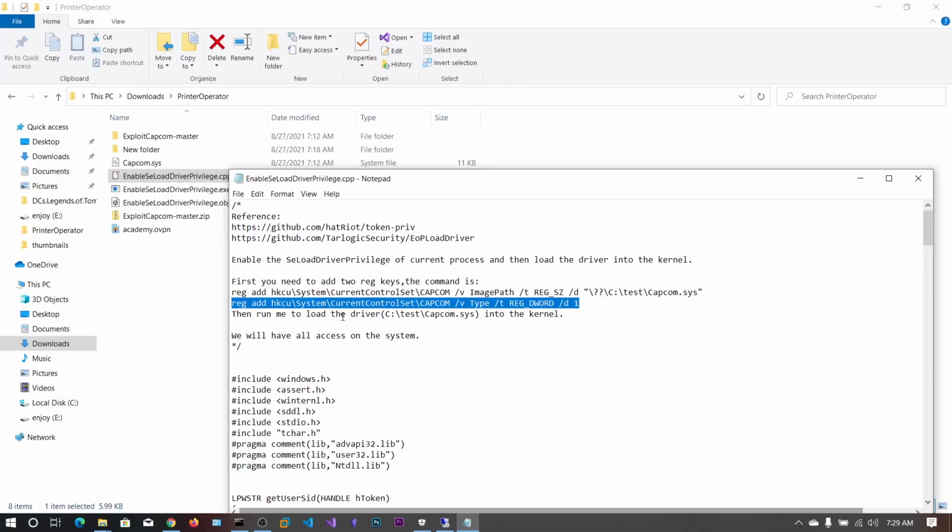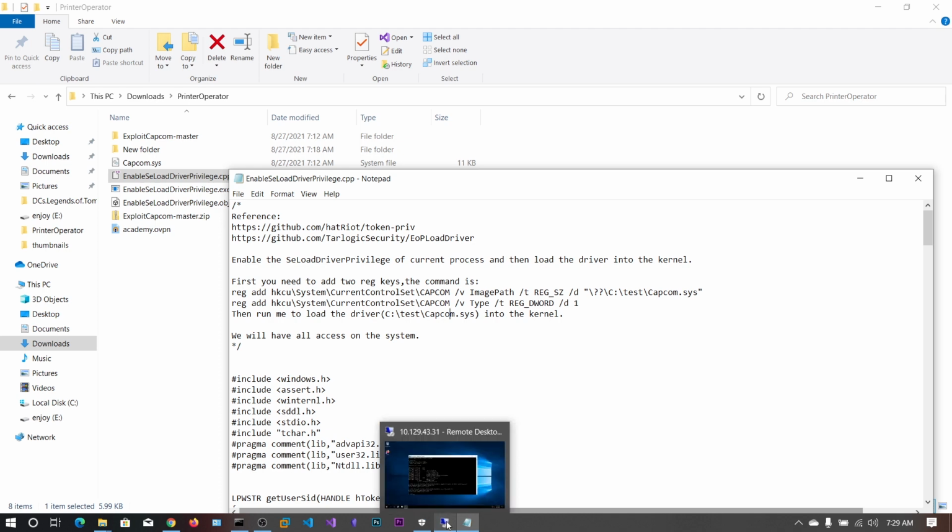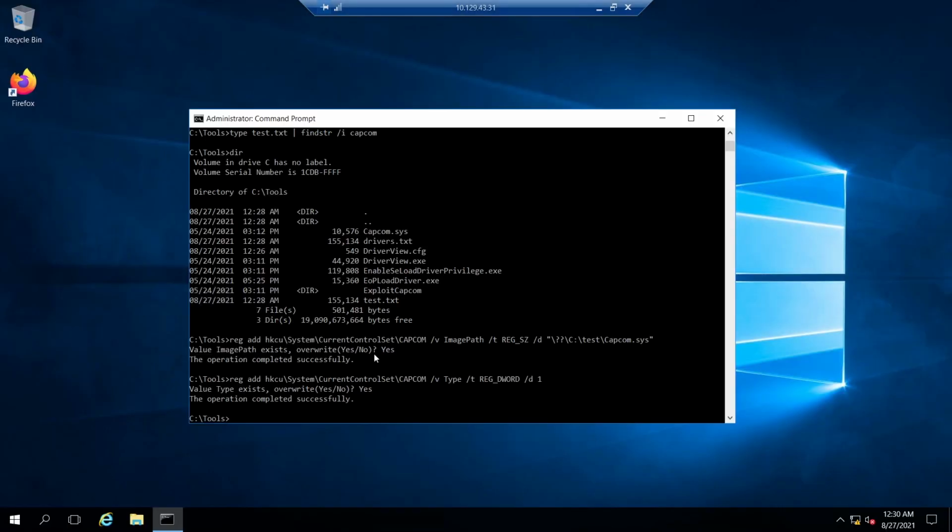Then run it to load the driver. So I think our driver has been loaded.